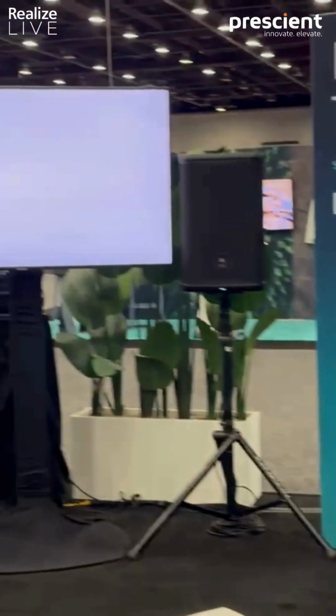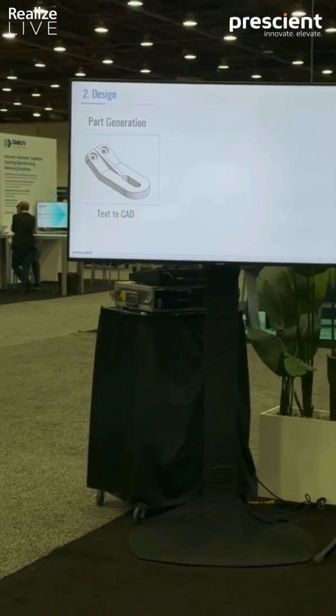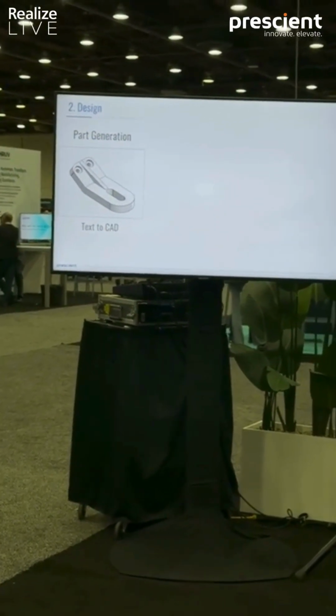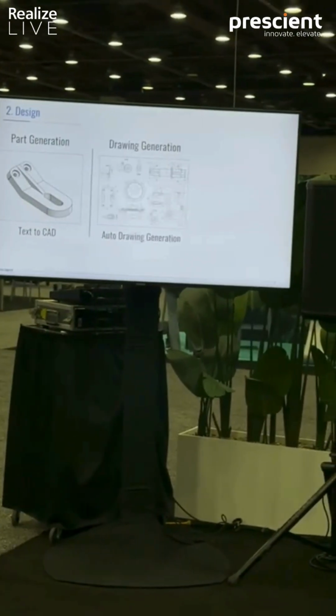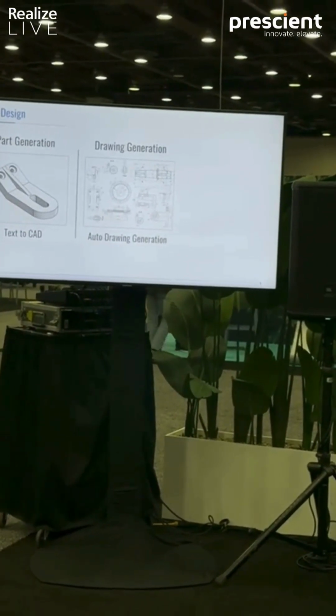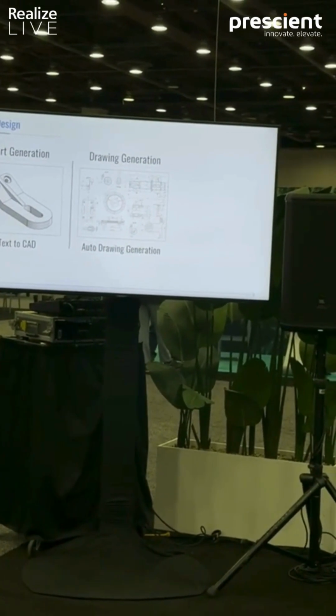So when it comes to design, I think again there could be big paradigm shifts. For example, we saw a use case where people are now telling the software, can you create a bracket for me of this angle and that angle, and then it converts that into APIs and calls the appropriate software, for example NX, and gets the model generated.